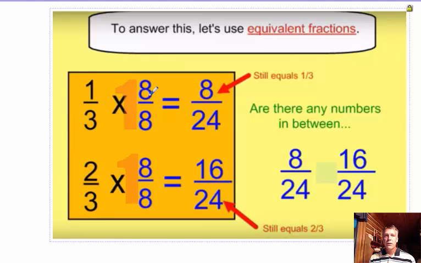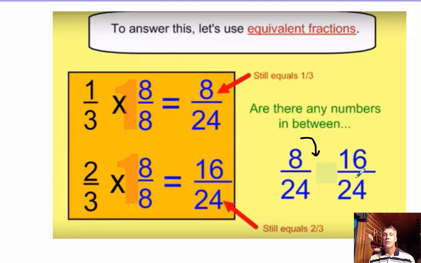So if you look at my example here, I'm going to use 8 and multiply both 1/3 and 2/3 by the identity 8 over 8. So 3 times 8, 24. 1 times 8 is 8. So 1/3 is really 8 24ths. And 2/3, as you can see, is going to be 16 24ths. So are there numbers between